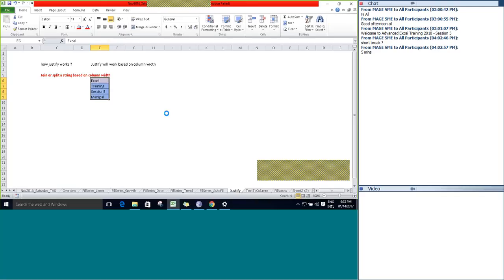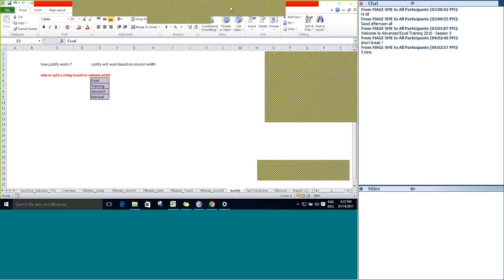So this way, based on increasing or decreasing the column width, you can split or join a string accordingly. Any doubts in justify? Please type yes in the chat window if you understood this concept.